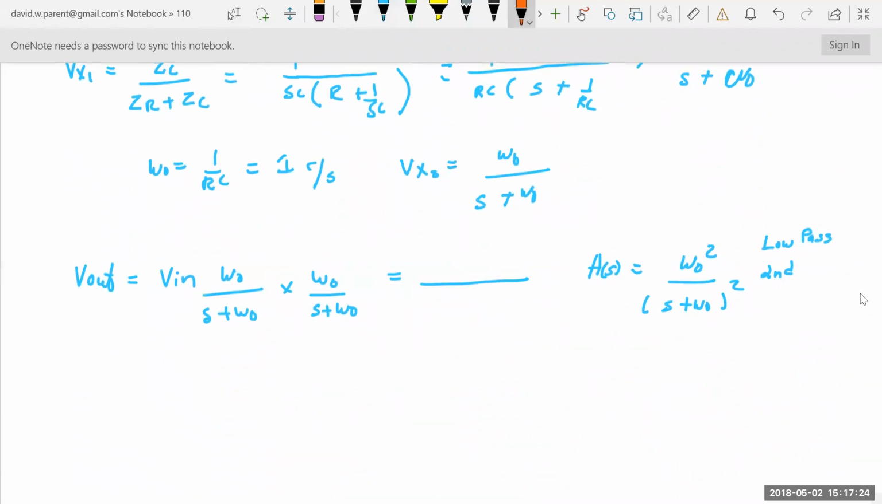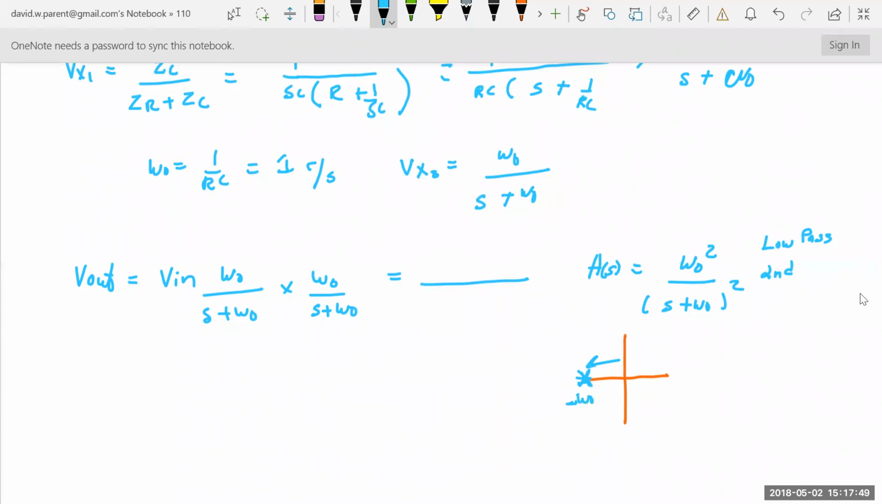Okay, well, let's just look at it. There's two roots here at omega naught, and they're both real. I know I have trouble showing two roots at the same spot, but hey. The real part is negative,